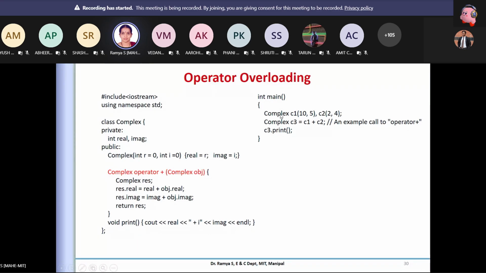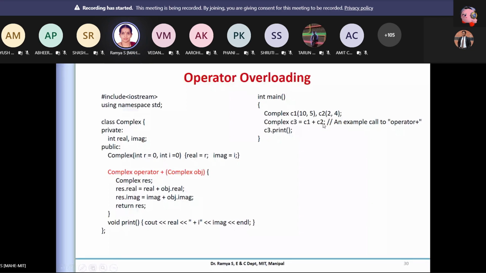Now coming to this particular execution. Whenever you call this C1 and C2, it will match with the definition of a constructor, so it will be diverted to this. Now observe complex C3 is equal to C1 plus C2.